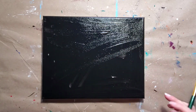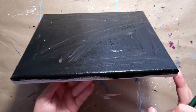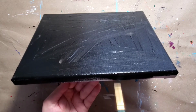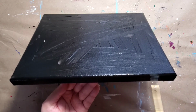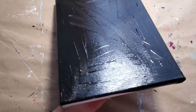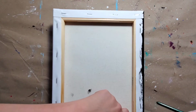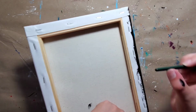Now, one thing that you can do is not paint the sides. However, I've noticed and have had a bit better success selling my paintings when I do paint the sides. I feel like it gives it a finished look. You don't have to paint on what I'm painting. I've got a board here where it's already stretched and you can see that it's stapled. And this is about an inch, about that far,